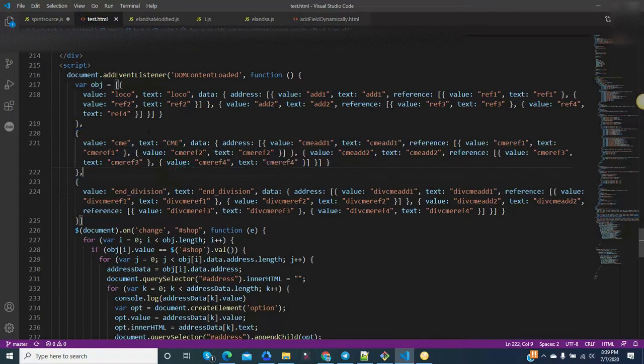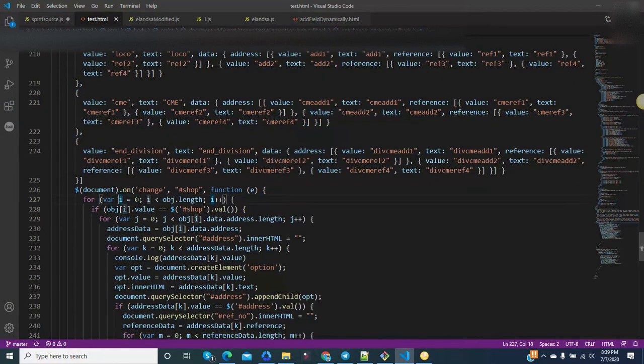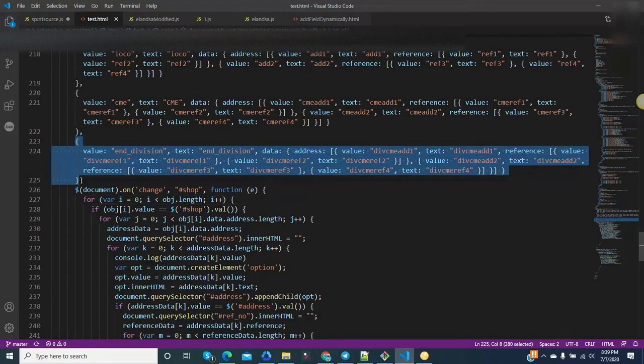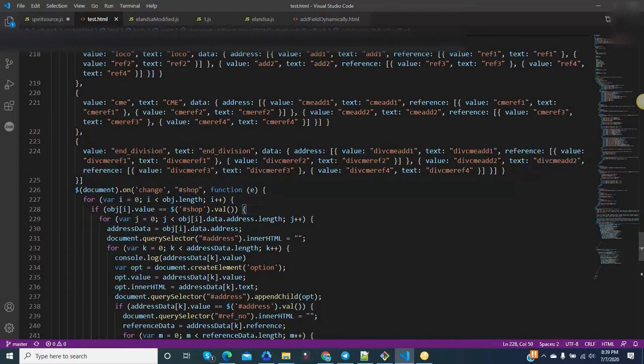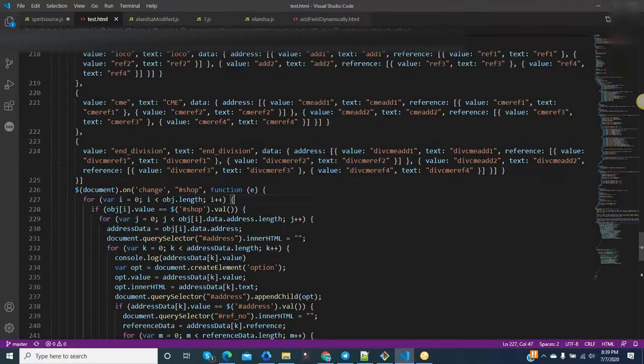On index 0 this value will be there, on 1 this value, and it continues till the length. So you can provide as many values as you want, and the loop will go through them.